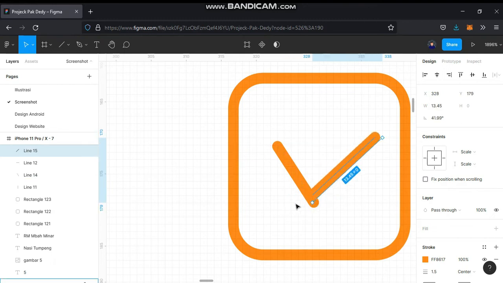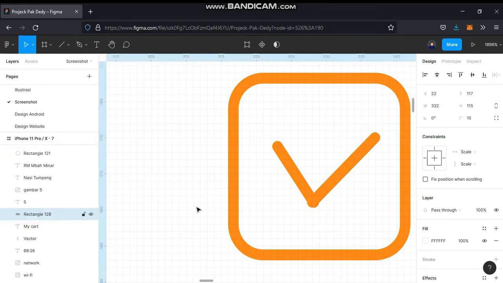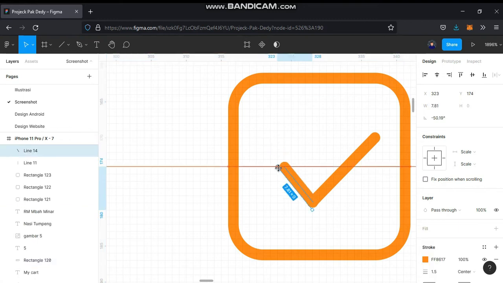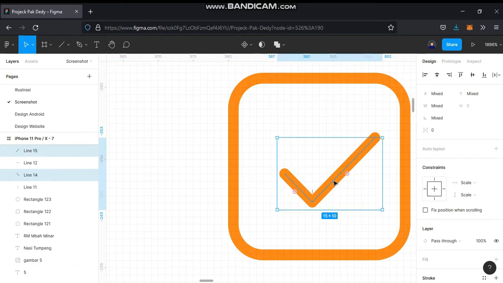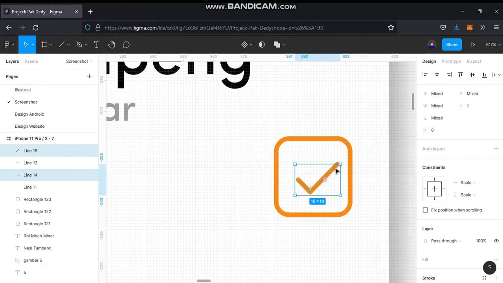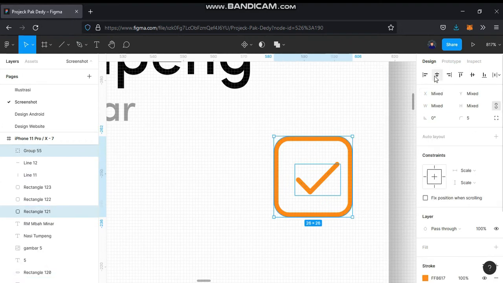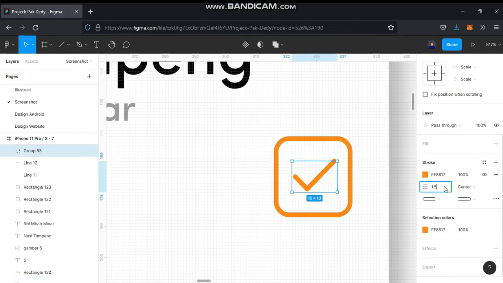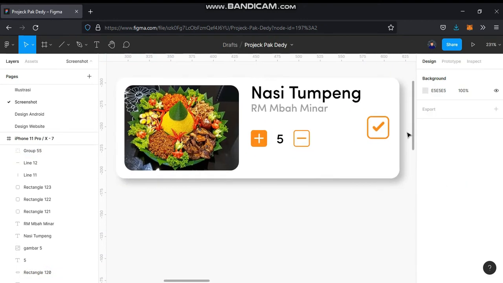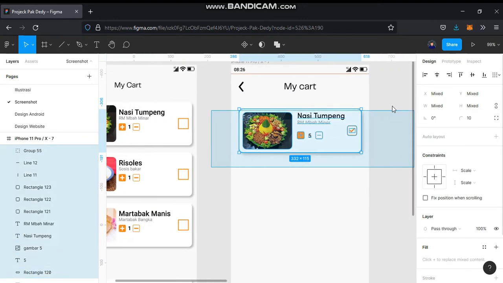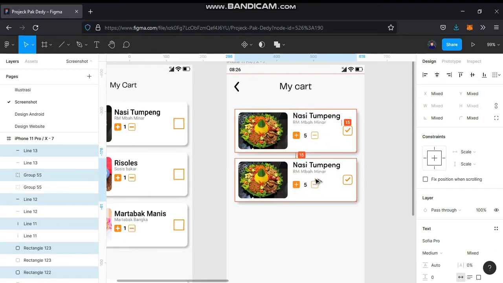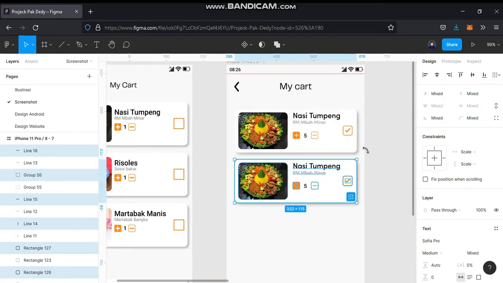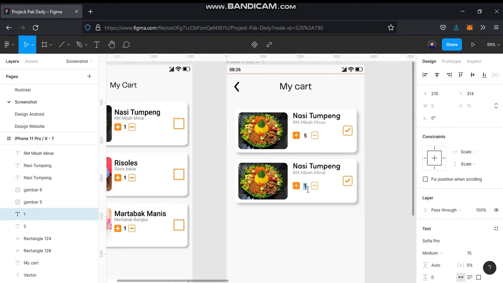After that, maybe we zoom in a little bit for the icon. We add a little rotation anyway. Here is the checklist icon, just adjust it. A little bit zoom in on the icon. Here is enough, and then we copy the menu above to be lowered down, and we just change the font,